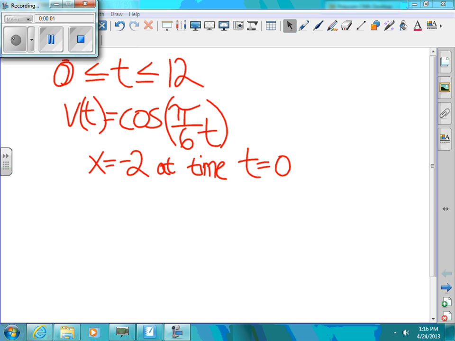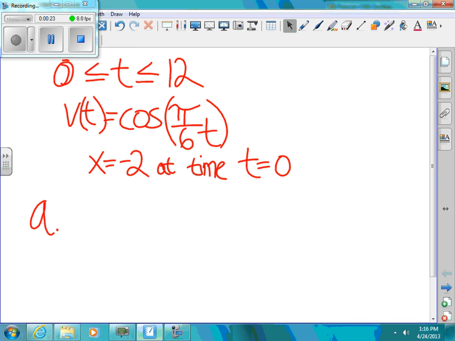They give us the information from 0 to 12. The particle moves along the x-axis. The velocity of the particle at time t is given by v(t) equals cosine(pi/6 t). The particle has a position x equals -2 at time 0. So for part A, it says